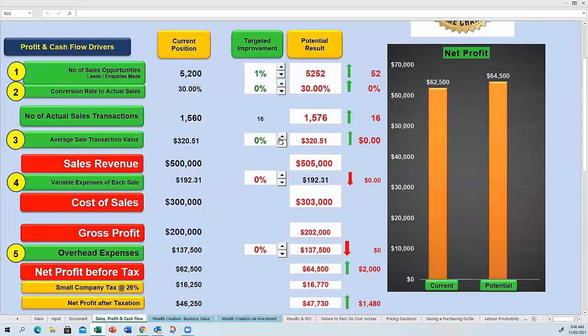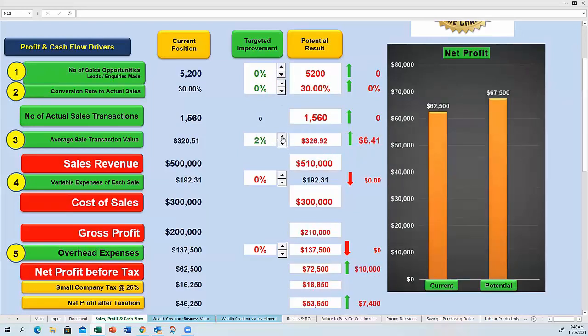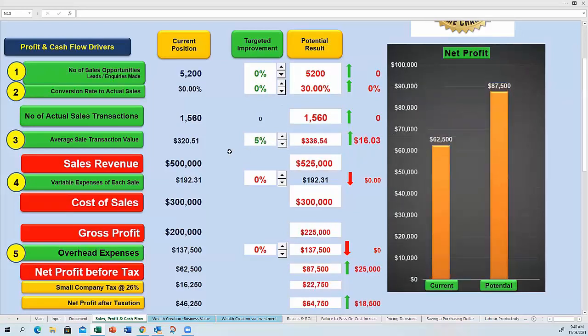The second one I want to look at is our average transaction value. And if we can get some 5% improvements to these, which can come about through simply a price increase, it can come about through bundling your products, cross-selling, upselling and downselling tactics. And all of these combined will give you a 5% increase in your average sale transaction value. So doing that, we increase our average sale transaction by $16.03 from the $320.51